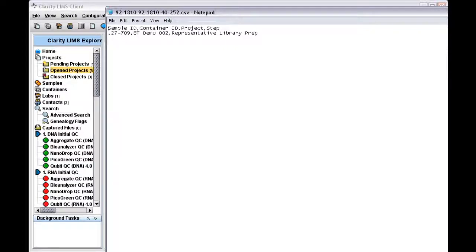So we've had a look at how we can do this in an automated fashion and in a manually invoked fashion for tubes and